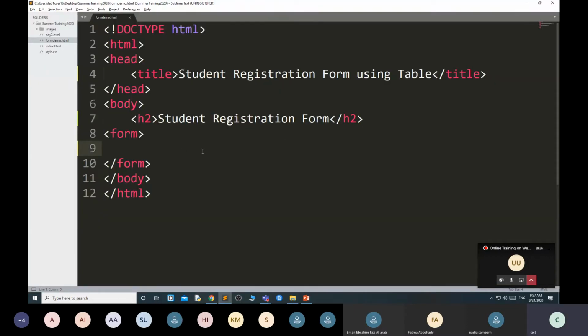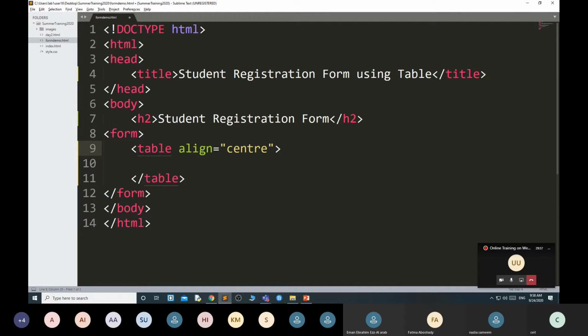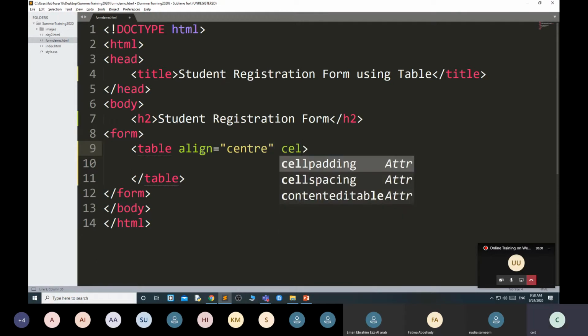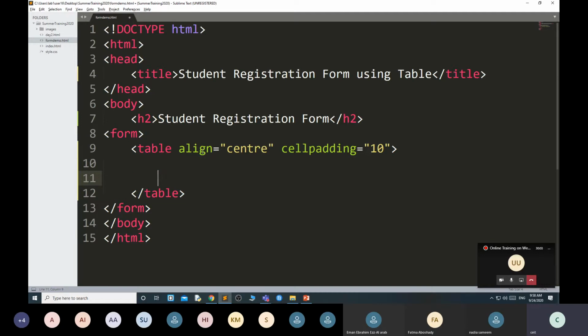Then inside the form, I have to create a table. Okay. Table. And I align the table center. And I am giving the cell padding of 10. This is the basic style I am giving.